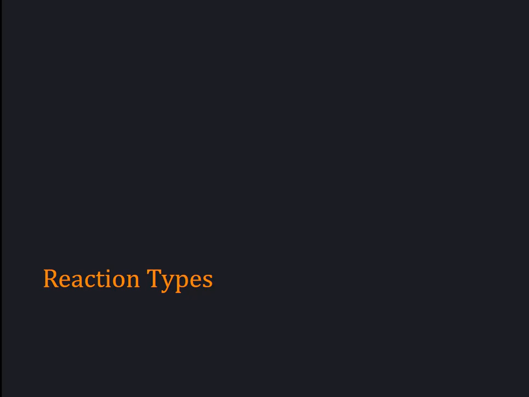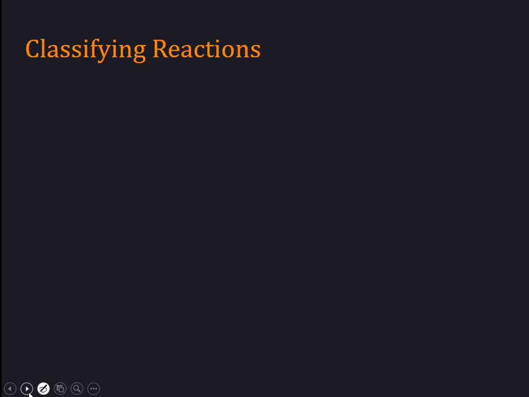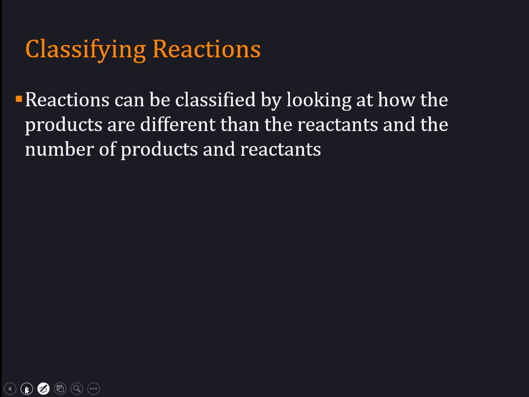Hello everyone. In this lesson we're going to look at classifying reactions into different types. We're going to do that by looking at how the products are different than the reactants. So we know in a reaction old bonds break and new bonds form, and that changes one kind of thing into another kind of thing. So we're going to look at how the products are different than the reactants. We're also going to look at the number of things involved, and that's going to help us classify these different